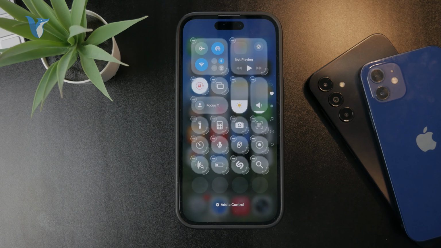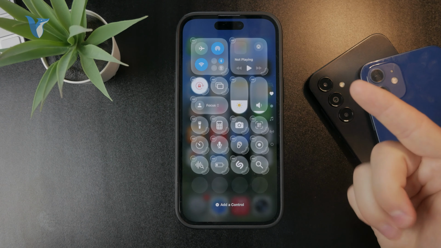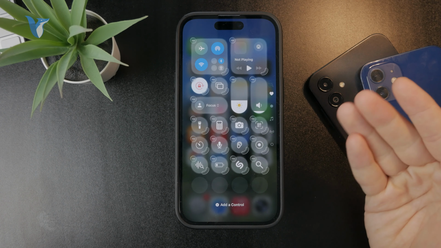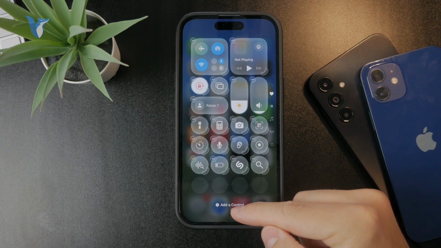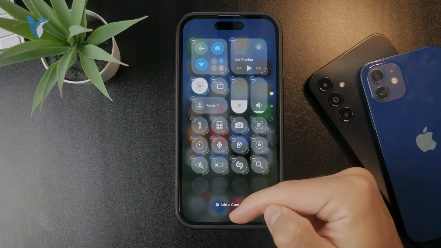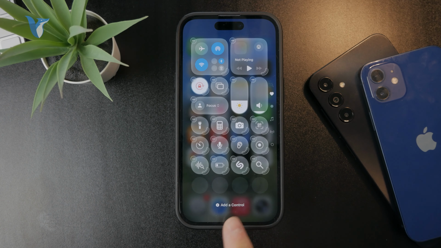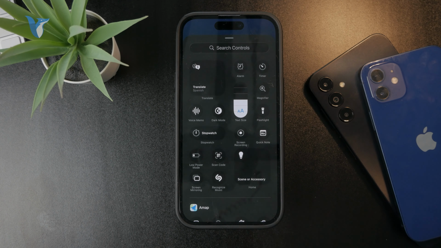So these are the first most common ways you can customize it, so changing the order and the size of individual toggles. But most importantly, a lot of people want to add their own toggles to this. So you always have the ability to tap on the plus button at the bottom, which says add a control right there. And if you click it, this is going to give you the list of all of the available